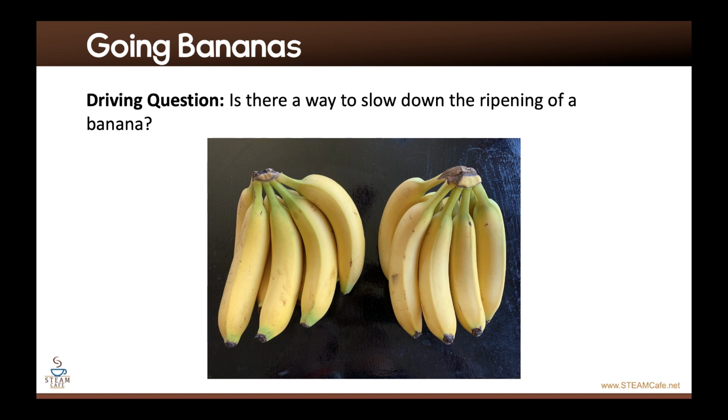I bought 2 bunches of bananas. And the reason why I have 2 bunches is because I then split each bunch into 2. And each of these 2 went into a different experimental group. I have 2 bunches because 2 of these bananas and 2 of these bananas went under the same treatment, and 2 of these bananas and 2 of these bananas went under the same treatment, so on and so forth. So that I couldn't say, oh, maybe the reason why one didn't ripen and the other did was because they were from different bunches or something. I wanted to be consistent.